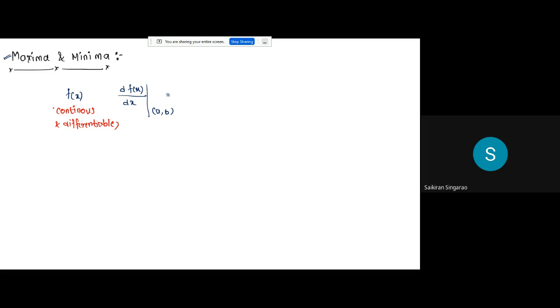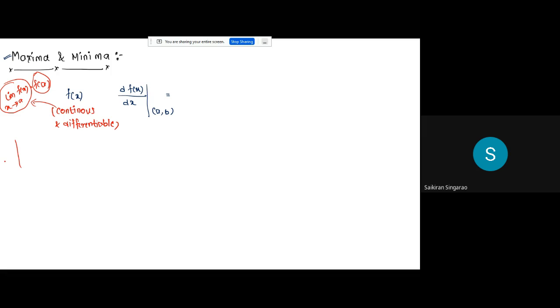That means whatever function you take, in the given range it is everywhere continuous and differentiable. That means there are no break points or sharp points where it is not differentiable or not continuous, right? I told you yesterday also, how will you check continuity? At a point, limit x tends to a of f of x is equal to f of a means it is continuous. The limit of the value and the function value, if they are both the same, then it will be continuous, or else it will not be continuous at that point. How will I check differentiability?